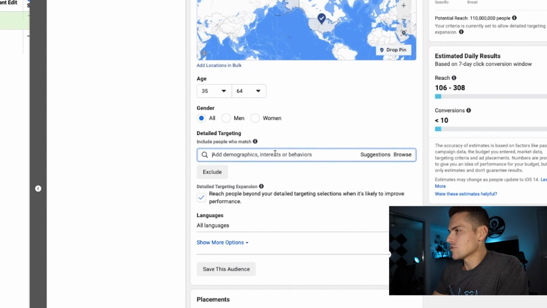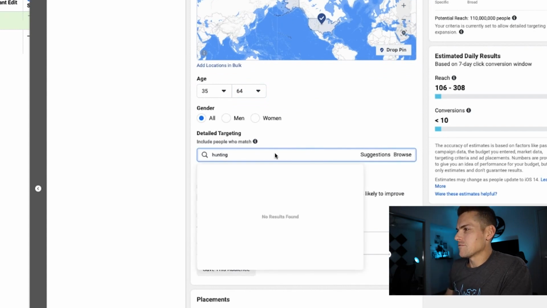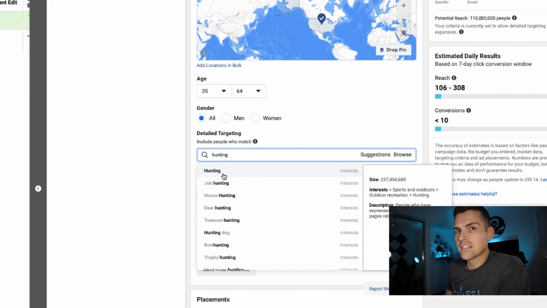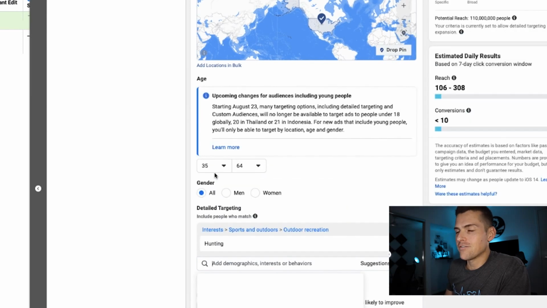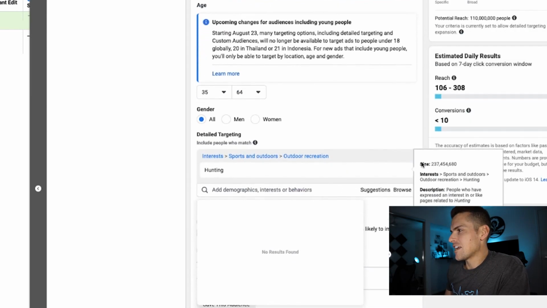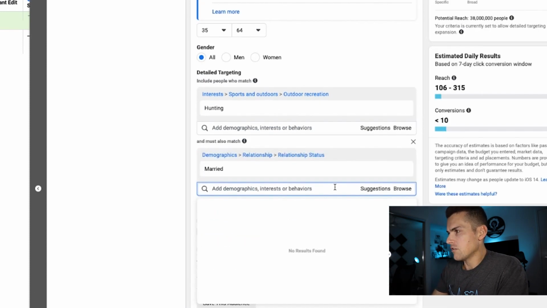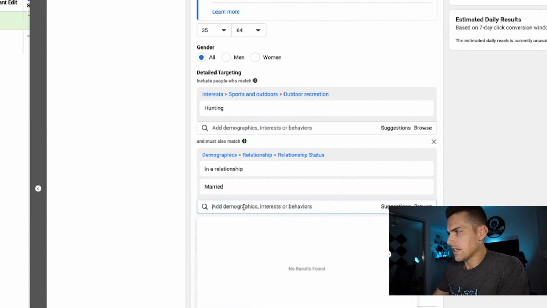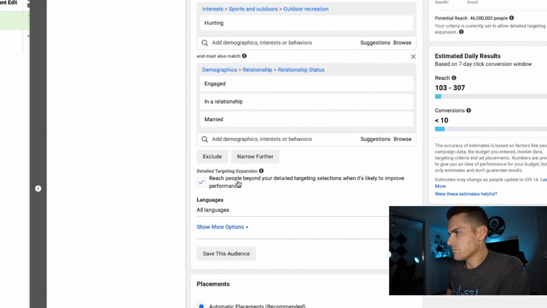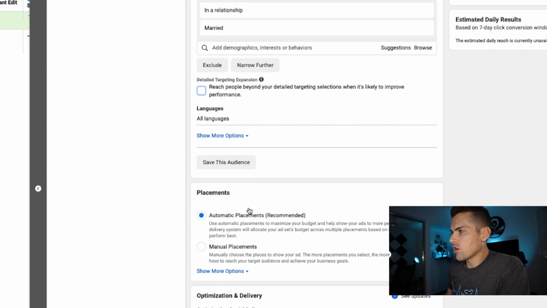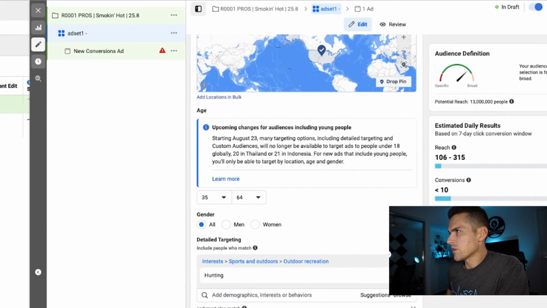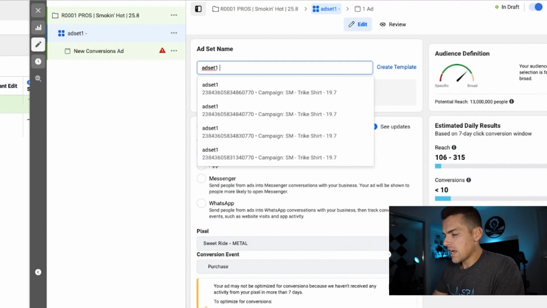I'm going to launch the hunting piece. Hunting. So go super broad to start. I always love it when the conversions take off on the big broad ones because you can scale hard and fast into them. We're going to narrow this because we want them to be married, relationship, and engaged. We want that targeting expansion off. We want auto placements, and what we're going to do is go back up here to name it again. Ad set 1,